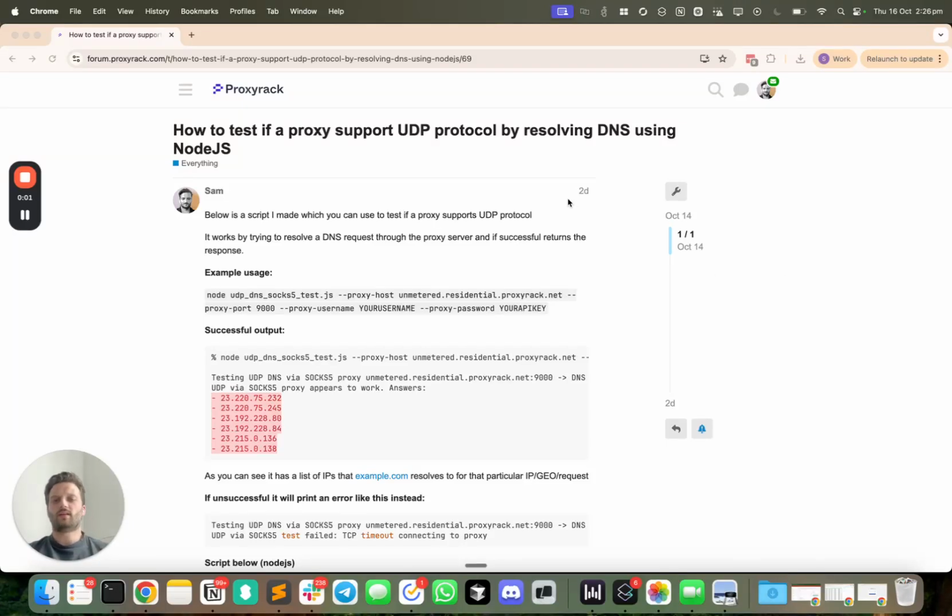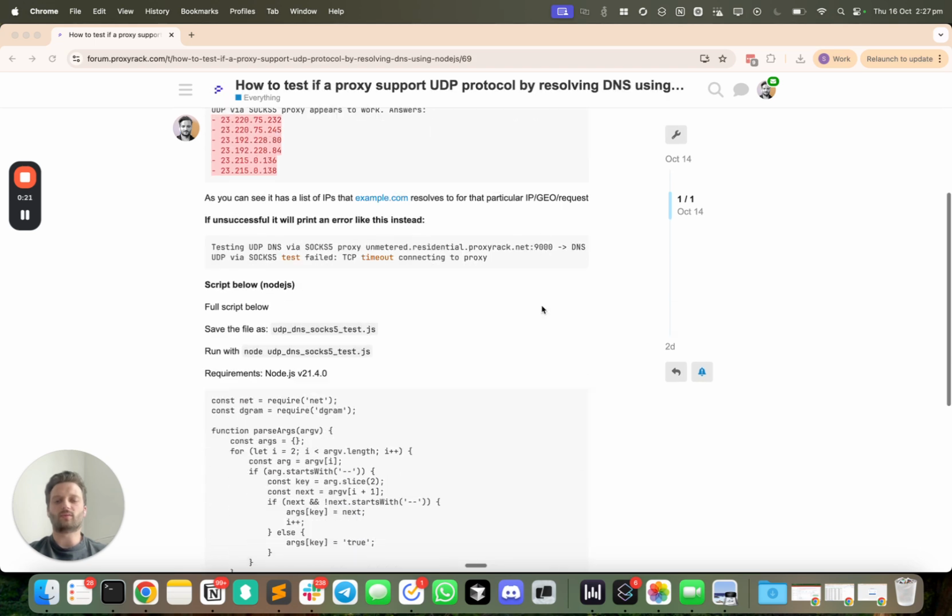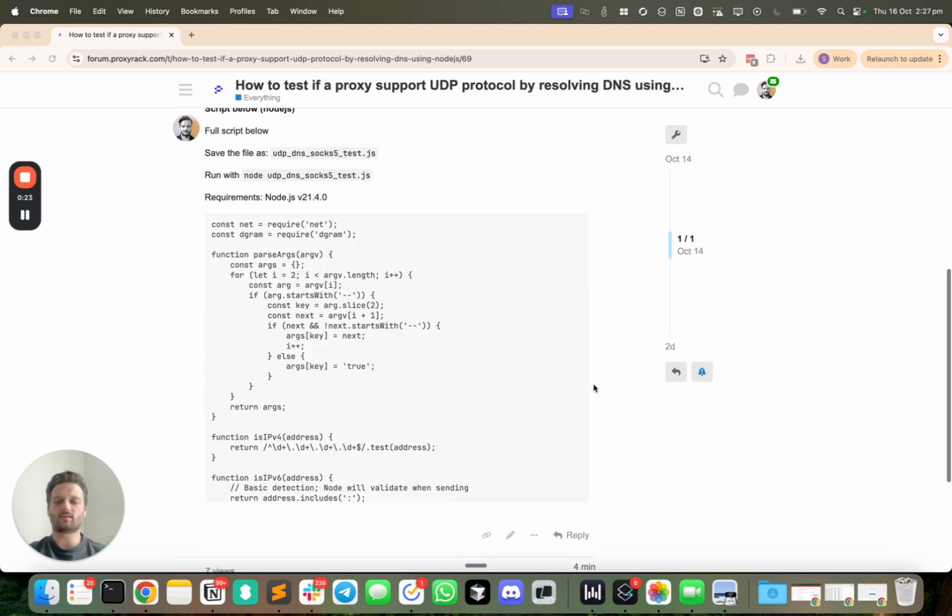Hey, so in this video, I'm going to show you how to test if a proxy server supports UDP protocol using Node.js. A lot of proxy providers or proxy server software will support HTTP or SOCKS protocol, but they don't usually support SOCKS5 UDP. And this is a very simple Node.js script where you don't even have to install any